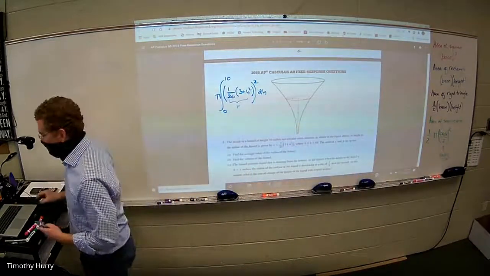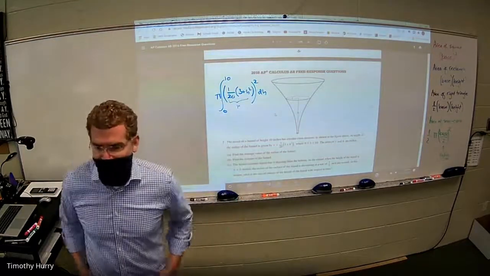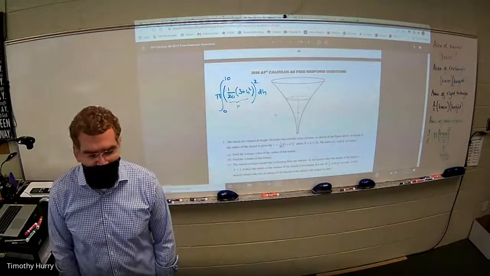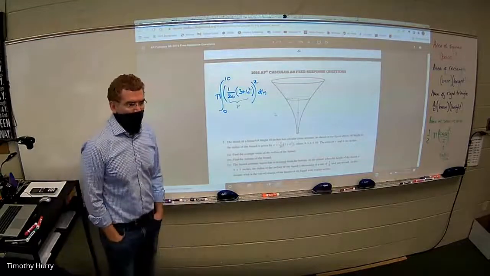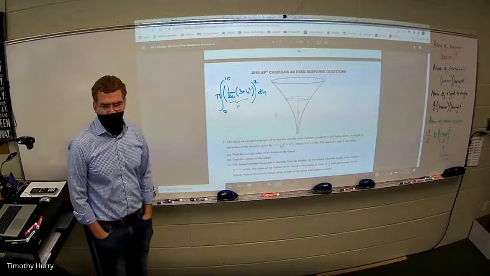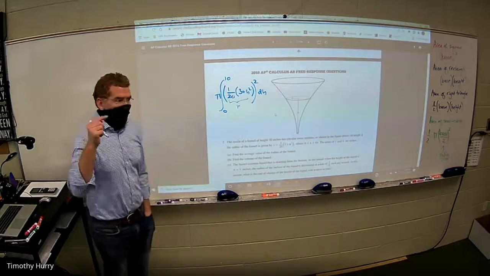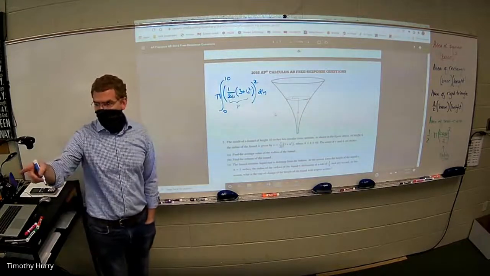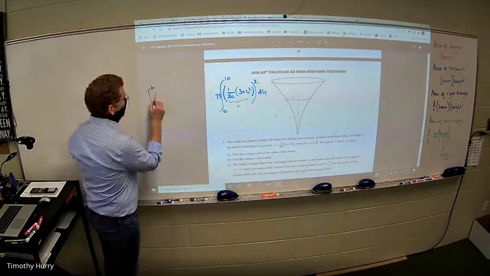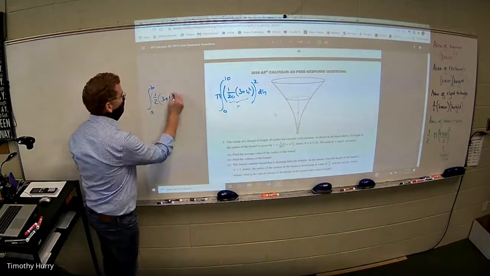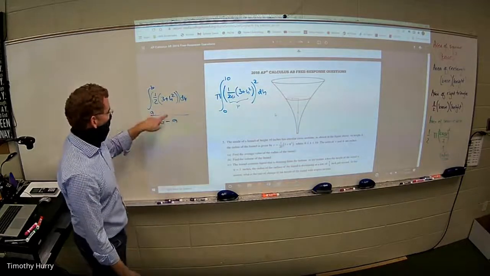But anyway, I like this question. I didn't love this volume question, but I look at part A. Find the average value of the radius. How do you find average value? Shockingly, the most missed question. How do you find the average value of anything? The integral from a to b of whatever function you're talking about, over b minus a. So in this case, since I'm going from 0 to 10,